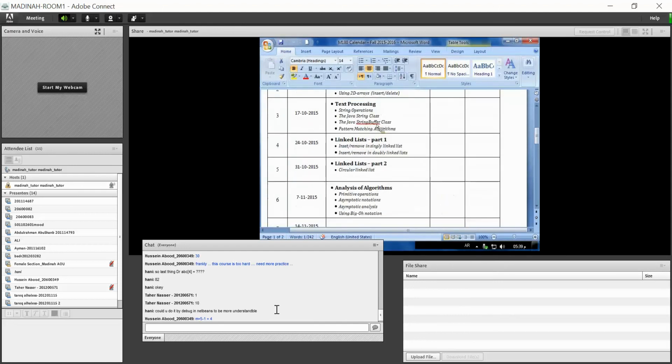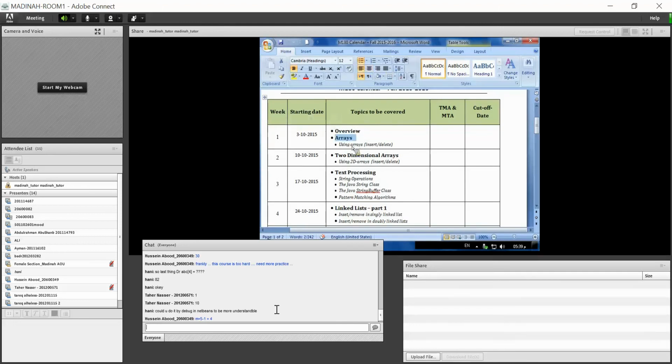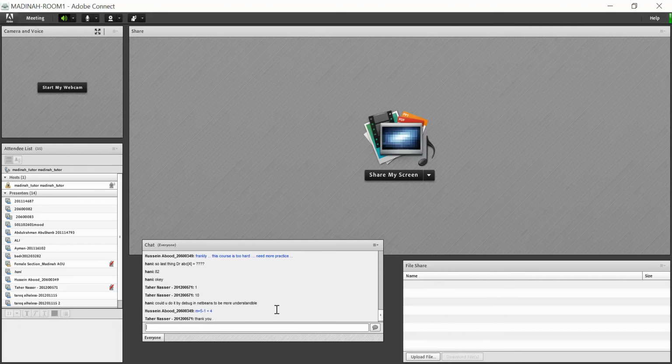We'll continue in the next meeting with two-dimensional arrays, how to insert and delete elements from them. So for the day we are going to stop. If you have any questions, you can ask now.